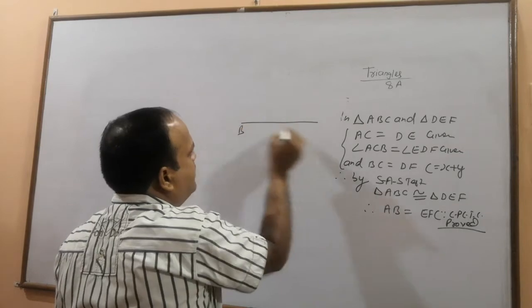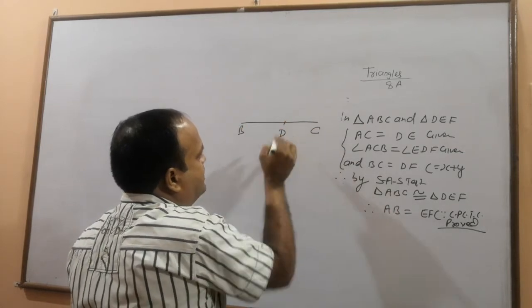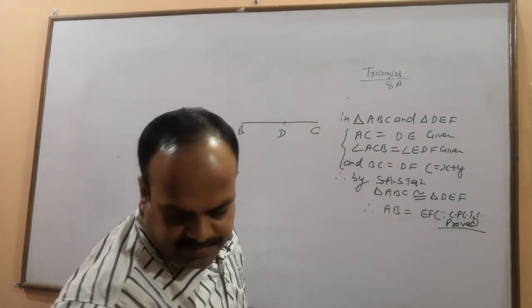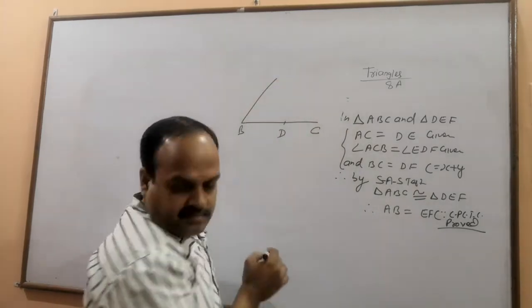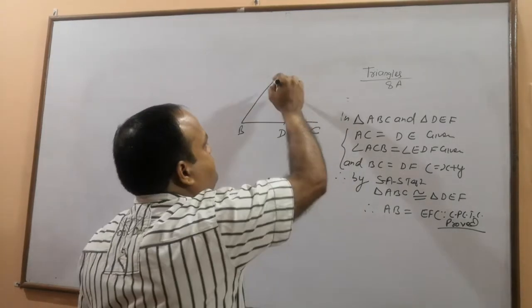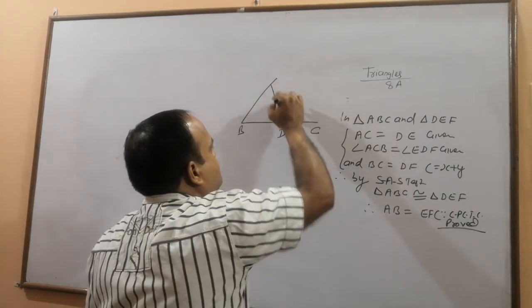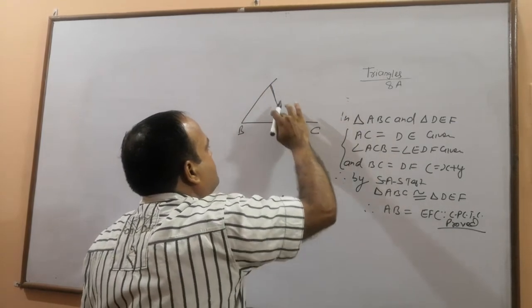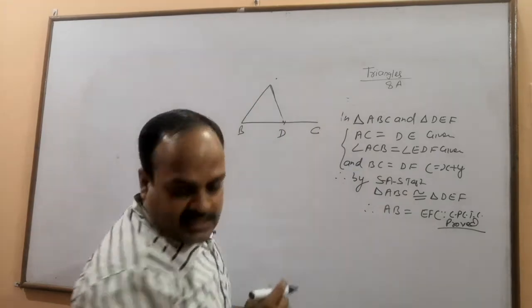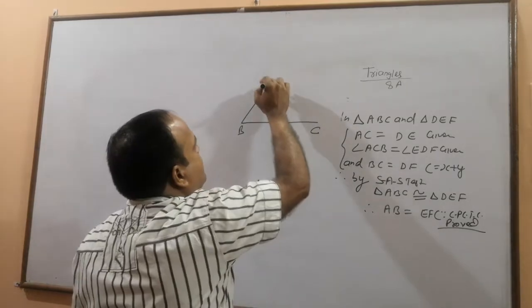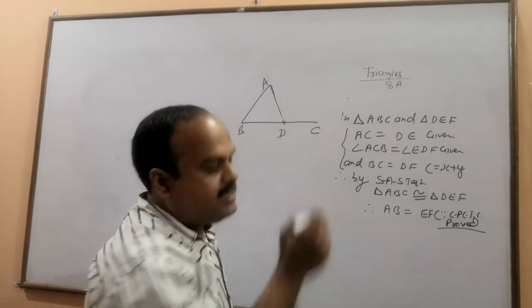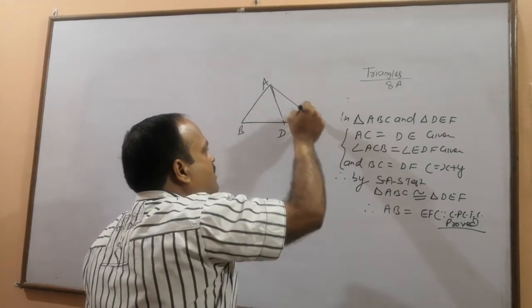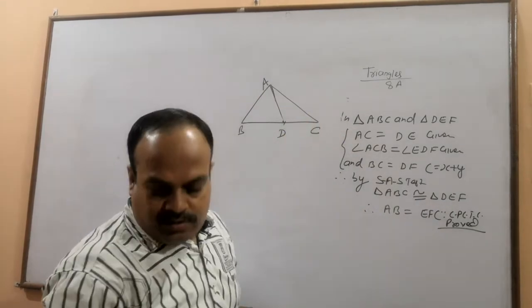BC, this is D, this is A, ABD is a triangle, AC is also joined,